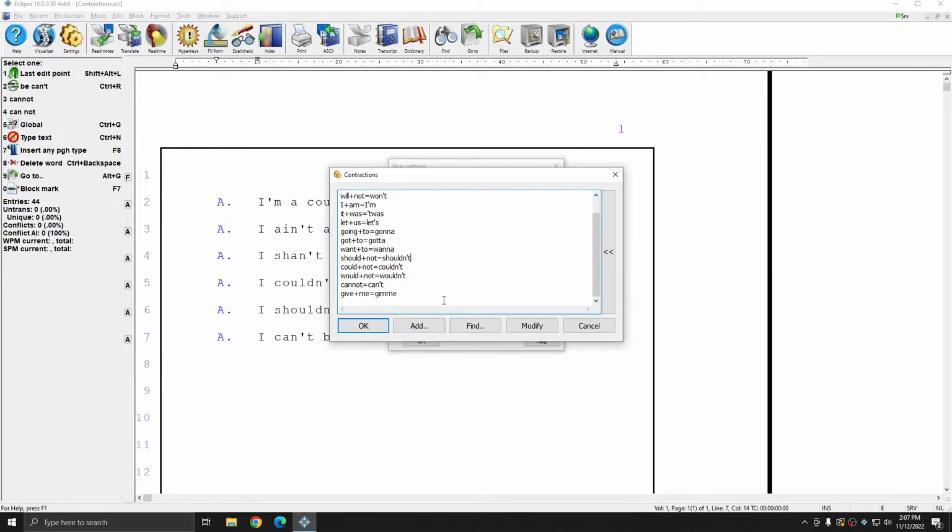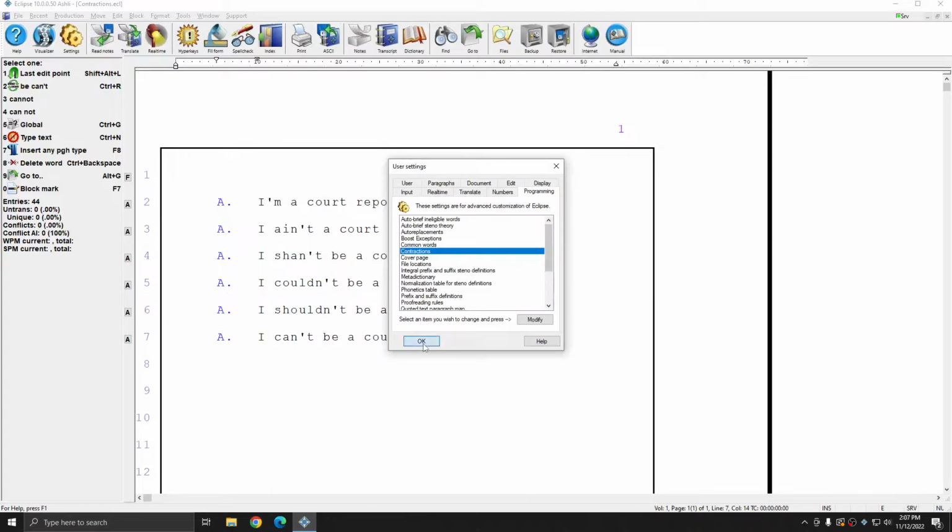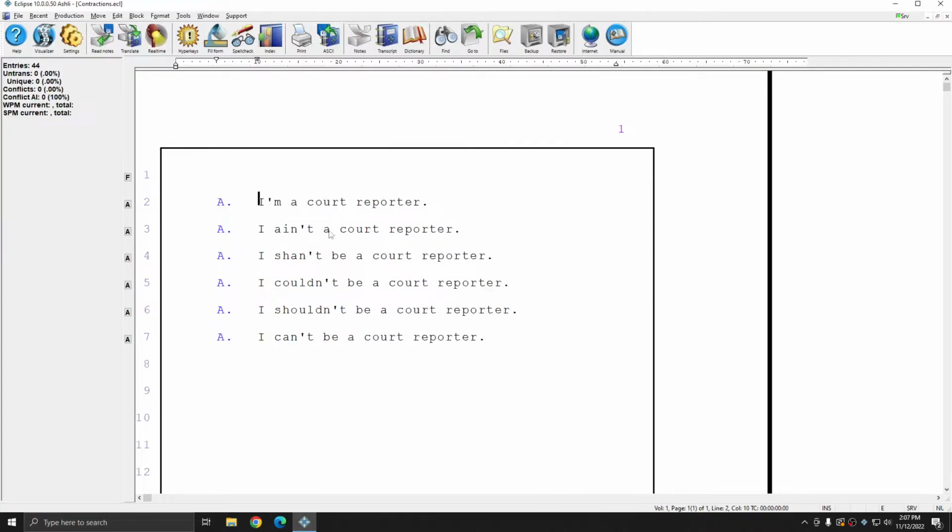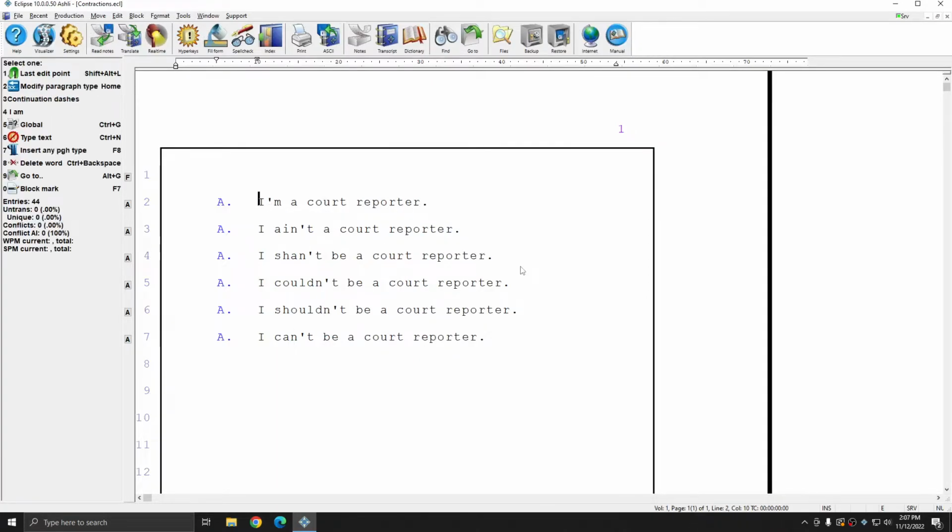And you see that I have a number of contractions listed in this list, and you can add any that are appropriate for the kind of work that you end up doing. I'm going to press OK and OK. And if I put my cursor on one of these contractions, I can hit the flip apostrophe command, which by default is Alt-A in Eclipse. And you see that that contraction is automatically changed to the root words that I have specified in my contraction table. And I can do the same thing